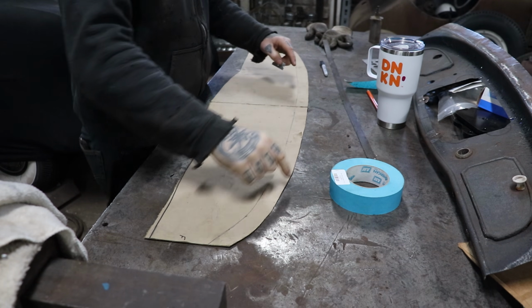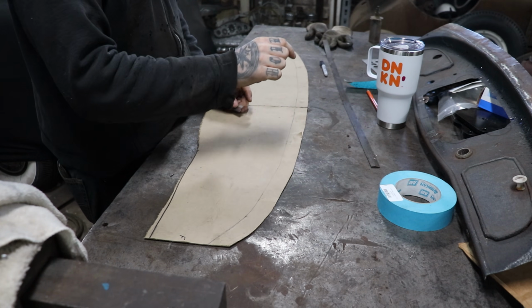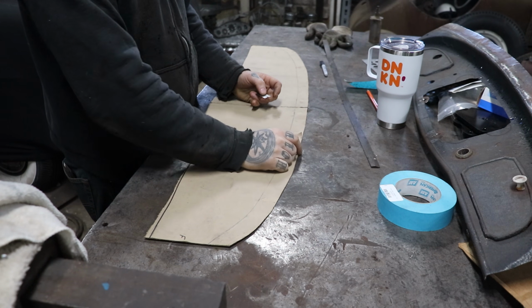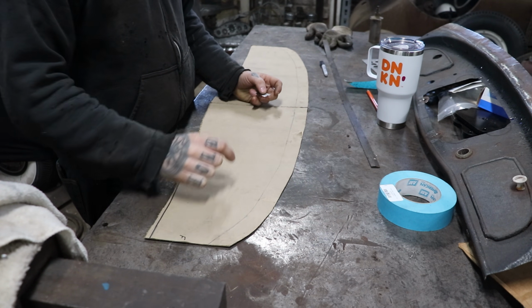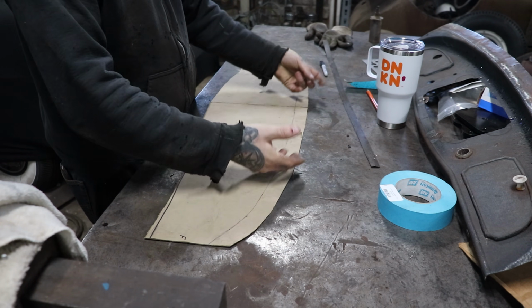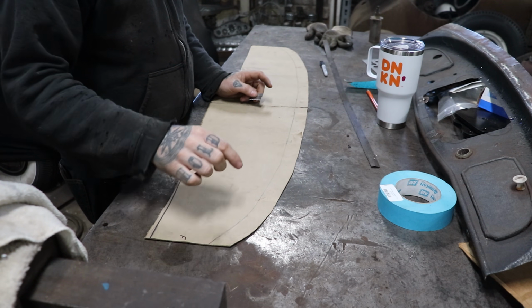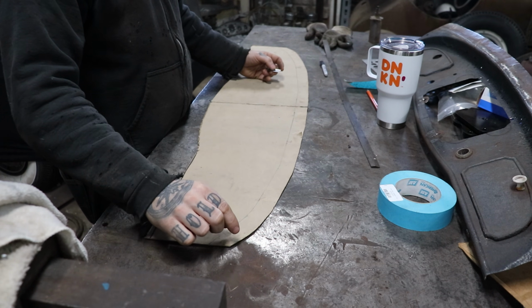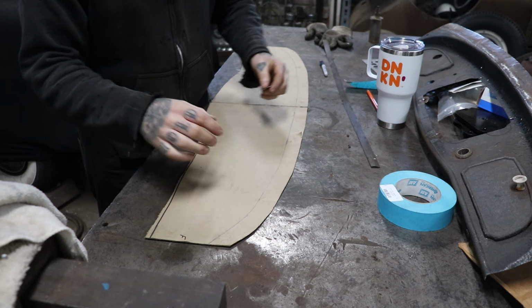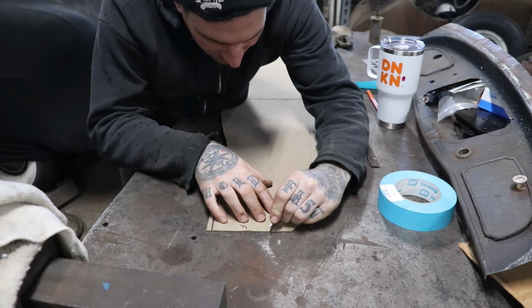All right, so I drew a line here that's basically where our dash rail is, and what I was thinking is that I'm going to set the dash in that inch and a half, I think it's 1.25 inches, that the Model A dash rail face is. So I marked that off, and I'm going to bend this in to create that setback look that we're going for, and then you can change the taper of it by how much we cut off of this edge here, because it's going to fit behind. Now it doesn't make sense, but what I'm going to do is score the chipboard